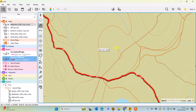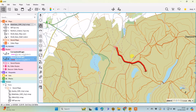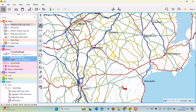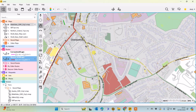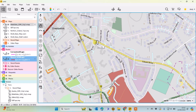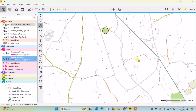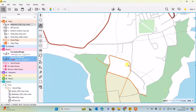So what we're looking at here is the Open Street Map. This is the Open Street Map that you actually get for all of Western Europe already installed. If I just zoom out, I can move around on it. I'm just going to move into a more urban environment and zoom in to give you an idea of what it looks like. So that's in a more urban environment where we've got street names, and you can see blocks for buildings. Just going to zoom out a little bit and move it around, giving you an idea of what the style is like. Obviously not as detailed as an Ordnance Survey map, but you do get this included for free